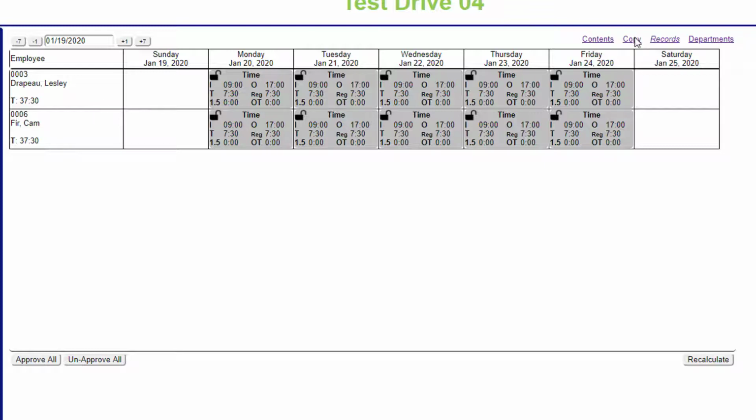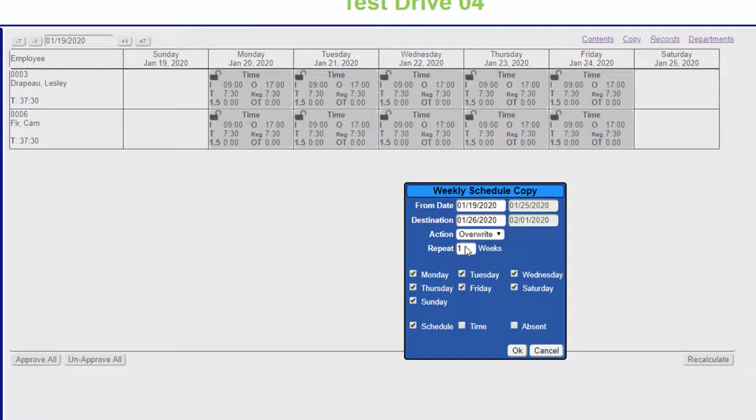Next, we can go to the copy option, and this is going to allow us to copy this week far into the future so that we don't have to enter this again until the weekly total changes. So first, I'm going to set the amount of times I want it to repeat, and I'm going to set this to go for a year. So I'm just going to put in 52, and then we have the days of the week. I'm just going to select all days of the week,